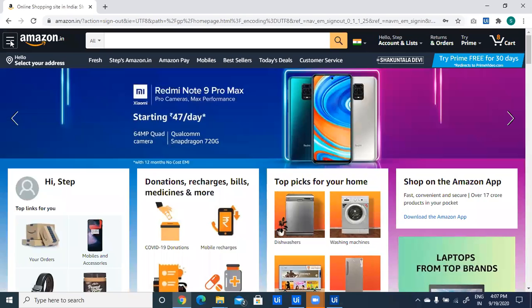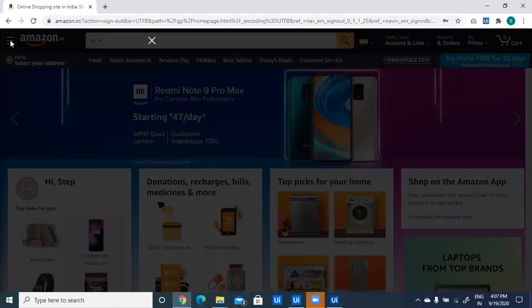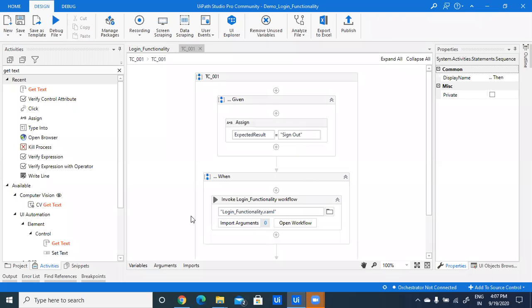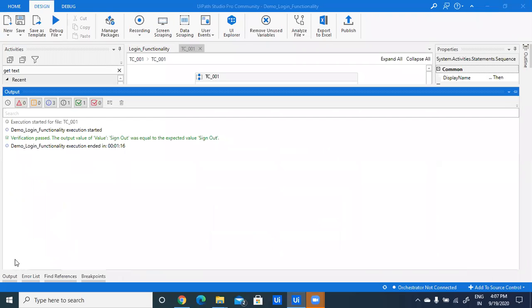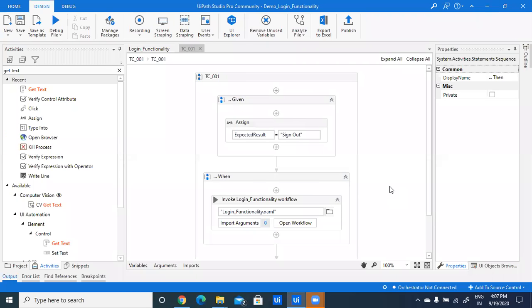It clicked on the toggle button and extracted. So our execution is done and we can see our output result in this panel. So now we have implemented and successfully built our test case in UiPath Studio Pro and executed our test result from UiPath Studio Pro. Now I don't want to do hard coded.